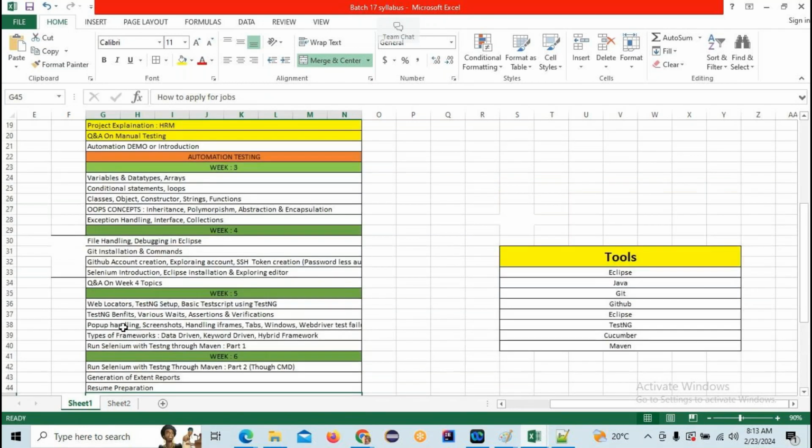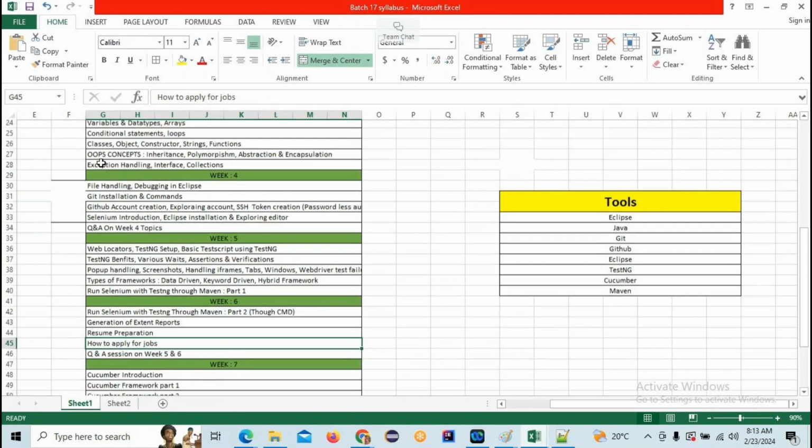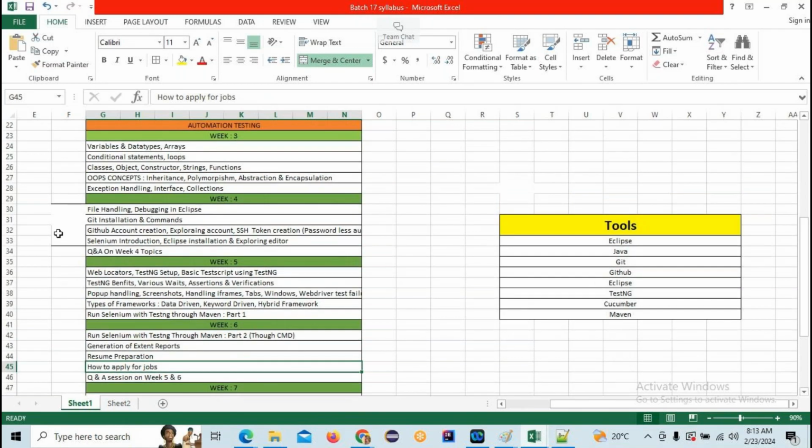Week 6 means it may be the 3rd or 4th week of March. Whenever resume preparation is late, it will take 1 or 2 months to get calls from the companies, right? So for that purpose I am going to move this module to the front and the week 4 module to week 6, because if you prepare the resume in the next week itself, then you can upload it to your respective job portals, LinkedIn and Naukri. Whenever you get a call from there, you can attend the interviews and try to give your best.